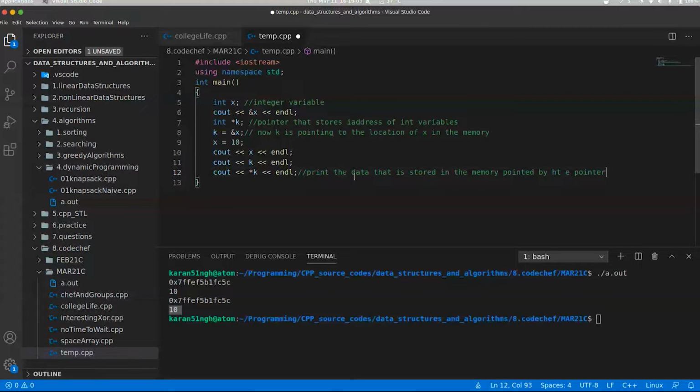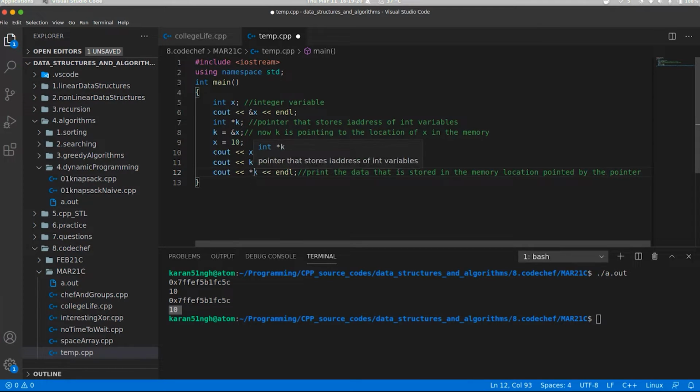Which memory location, to be precise? The one pointed to by the pointer. So basically, k is a pointer. It is pointing to the location of x, and 10 is stored in x. So that is being printed out by star k.